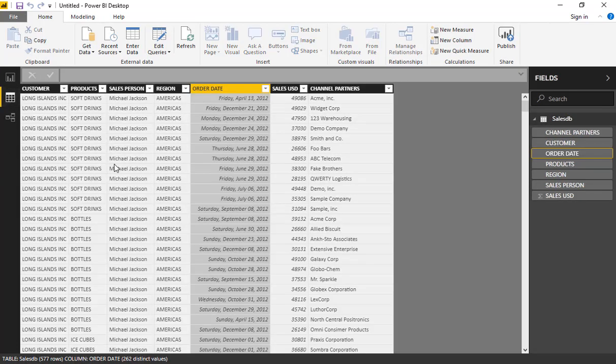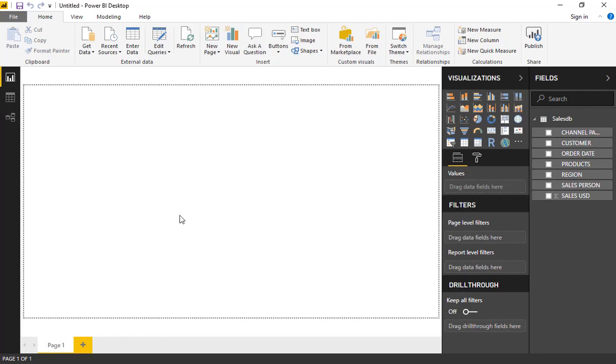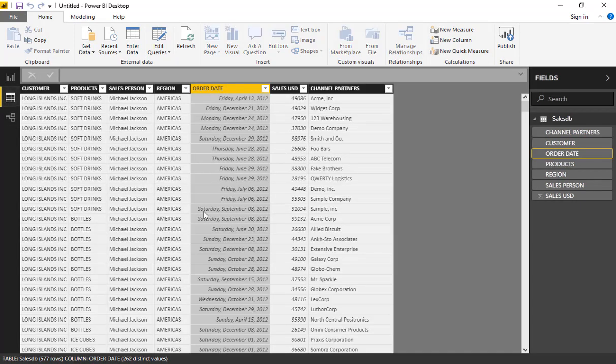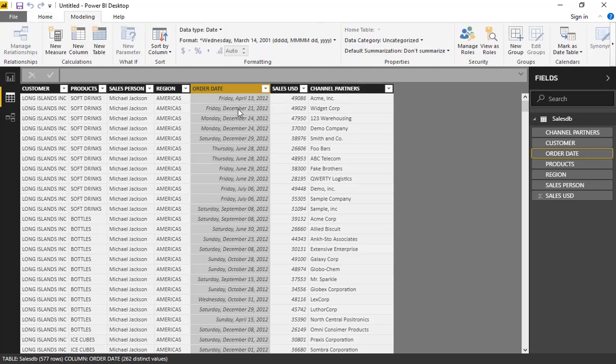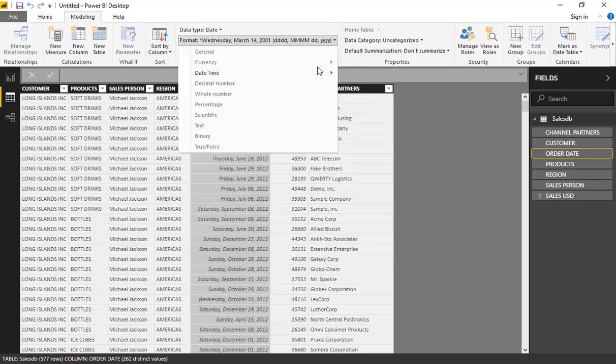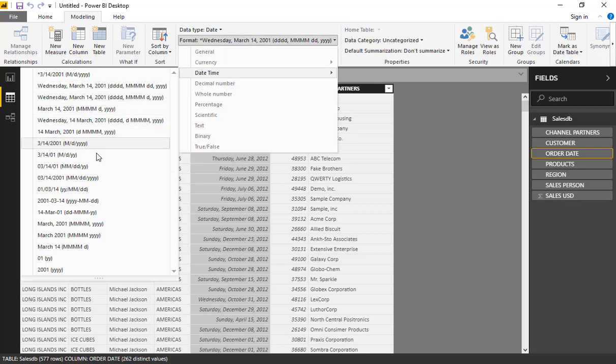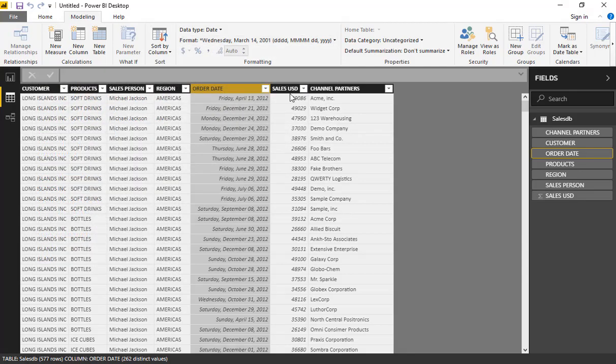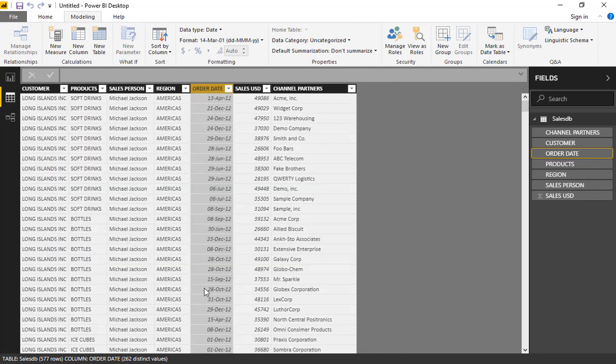I have some data here, and we will write some DAX in the calculated column, and then we will create a column chart and sort the month names. So how to do it? Let me first correct the date format. To correct the date format, you have to go to the modeling tab and select the format you want to transform, as our dates are in a different format.